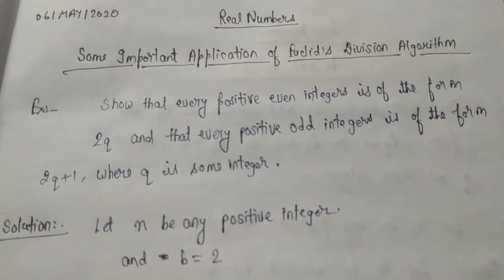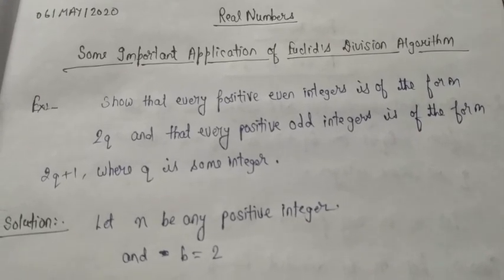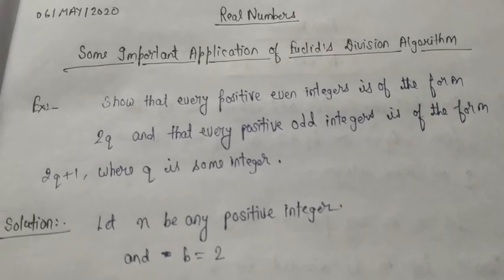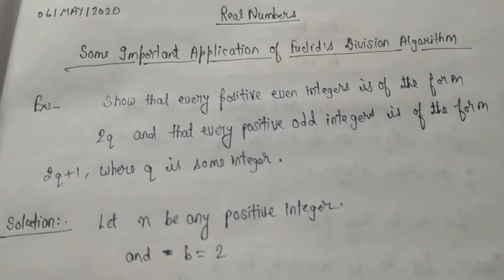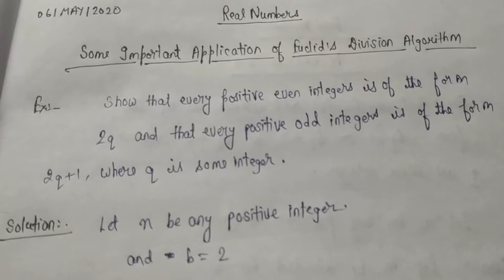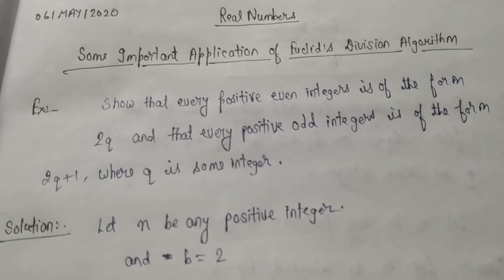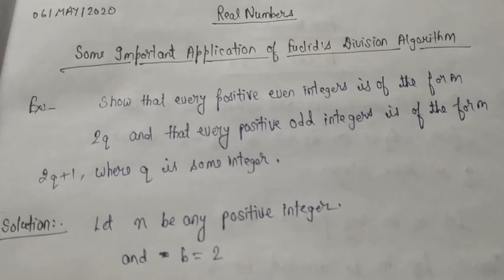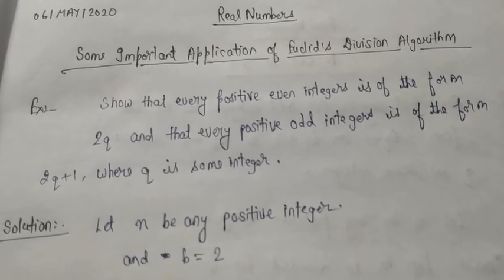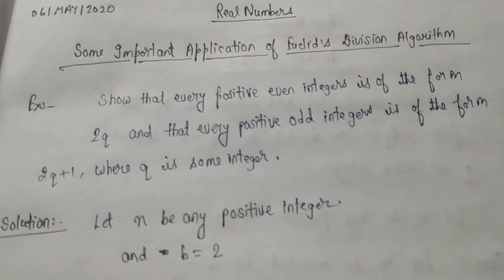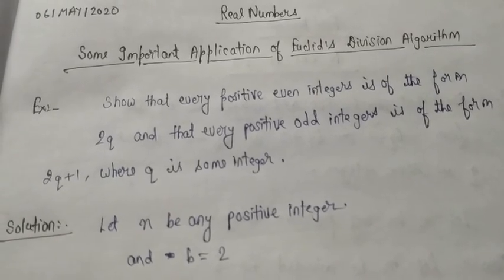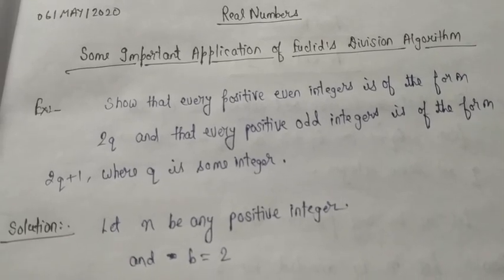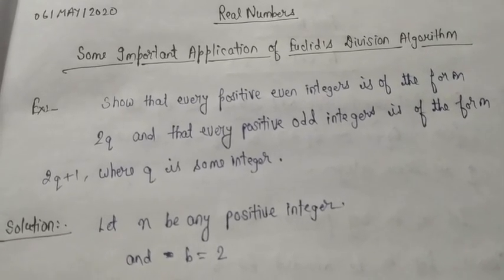Students, in the previous part of this chapter, I told you the Euclid division algorithm and some questions based on it. I also told you that with the help of the Euclid division algorithm, you can find the HCF of two positive integers. Now in this section we will solve some examples of NCERT and exercise 1.1 also.